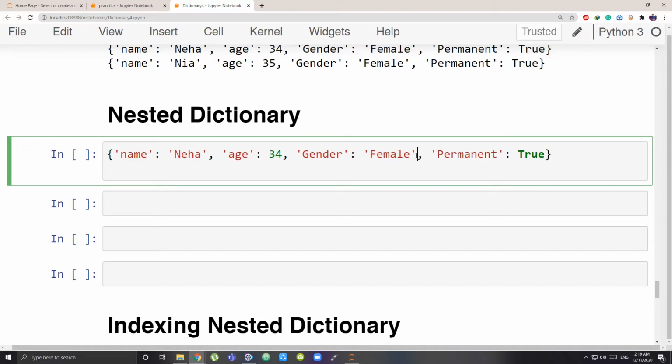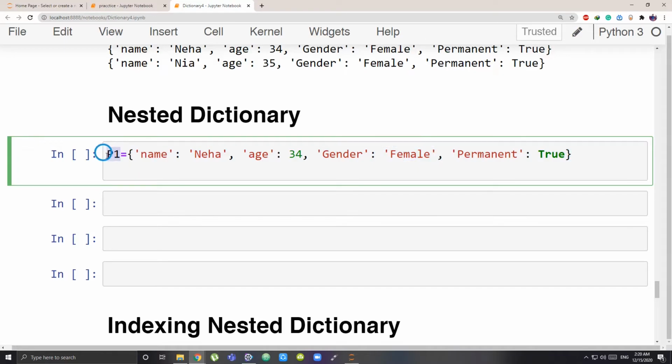I told you in the beginning that your dictionary keys, that is name, age, these are the keys, have to be compulsorily immutable, like strings, tuples, real numbers or booleans. But your values can be anything, and they can be dictionaries themselves. If you have a big dictionary and some of the values are dictionaries themselves, that's what you call a nested dictionary. So let me make a new dictionary.